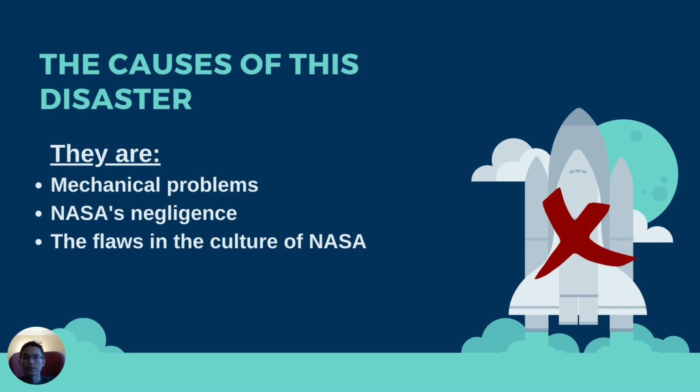And switching to the next slide, let me explain all three causes of this disaster. First of all, the mechanical problems. Not surprisingly, the mechanical cause of the disaster was identified long ago. A piece of foam from an external tank, the size of a suitcase, broke off 92 seconds after liftoff and punched a hole in the heat shielding on the leading edge of the left wing. Upon re-entry, superheated gases flowed in, invaded the craft's structure and started to melt it.